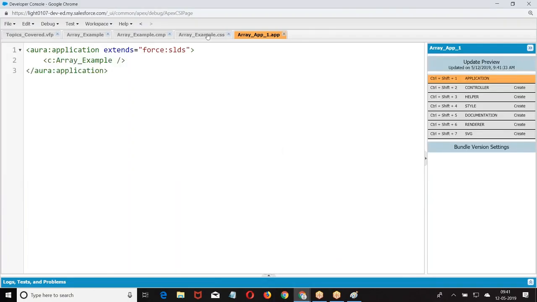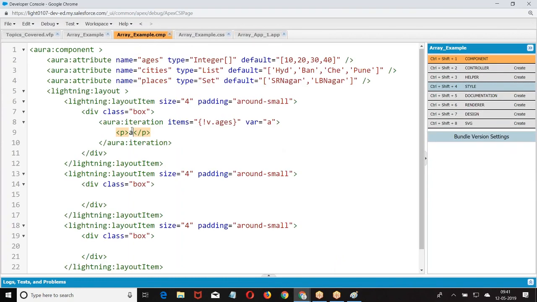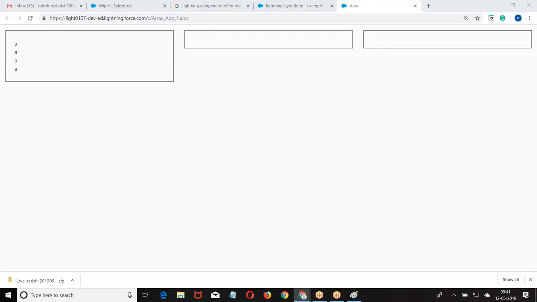So what do you want? You want A to be printed. Then printing the value of.